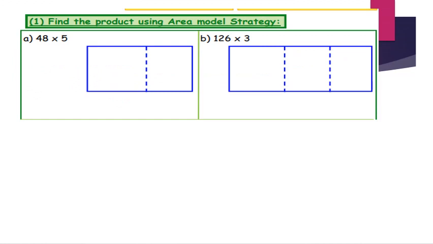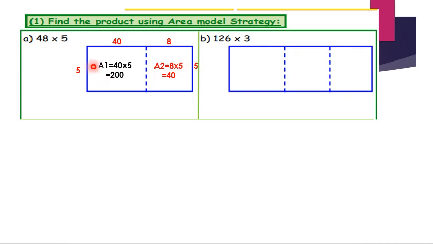Now it's time to solve booklet examples. Find the product using area model strategy. 48 by 5. Do you remember what shall we do? The first step, I'm gonna draw the rectangle. Then I will put the dimension of the rectangle, which is 40 and 8. And the width will be 5 as it is. The area of the first rectangle should be 40 by 5, which is 200. The area of the second rectangle should be 8 by 5, which is